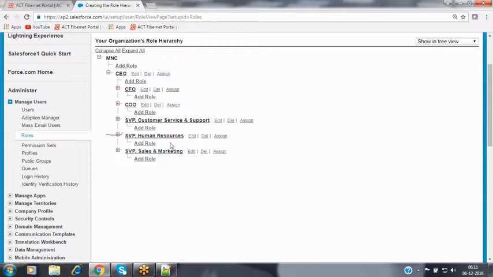Under that, you can configure your own roles also here. If the existing roles are not suitable, then we can remove those roles by using the delete button. By using this delete option, we can remove that role from that organization itself, and we can configure our own role hierarchy as well.